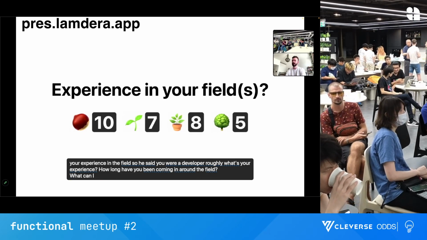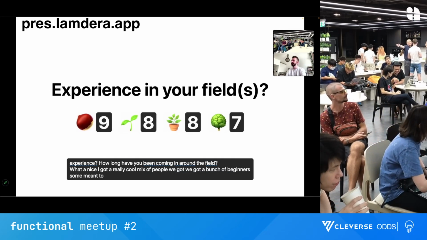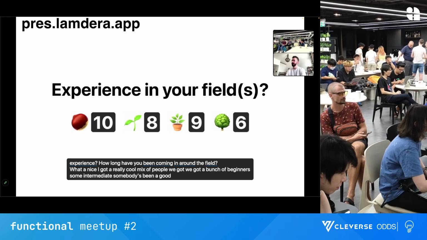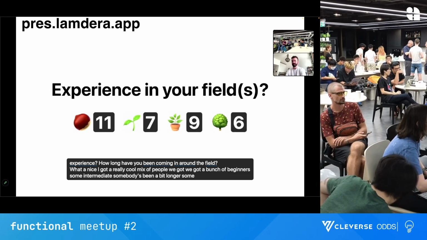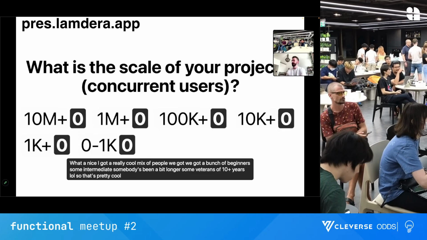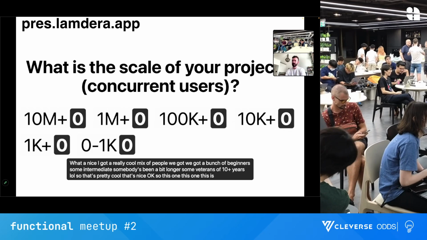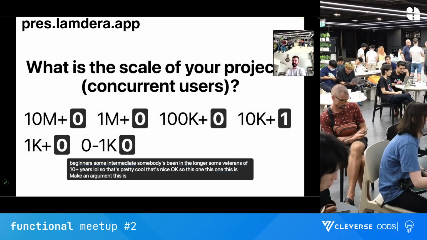Okay, nice. We've got a really cool mix of people. We got a bunch of beginners, some intermediates, somebody's been a bit longer, some veterans of 10 plus years as well. So that's pretty cool. That's nice. Okay. So this one is, I make an argument, this is why people argue on the internet, but